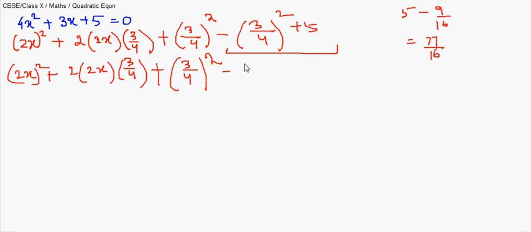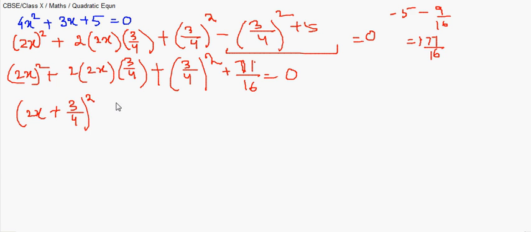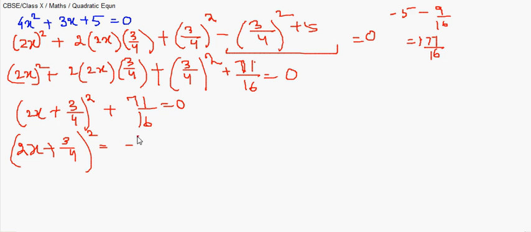minus this, plus 71 upon 16, this is equal to 0. So it is 2x plus 3 by 4 whole square plus 71 by 16 equals 0. I carry this 71 by 16 to the other side, thereby keeping LHS as it is, so it makes it minus 71 by 16,